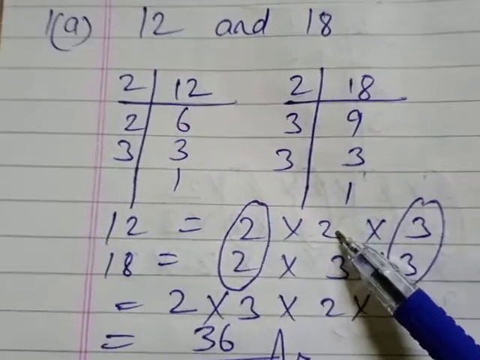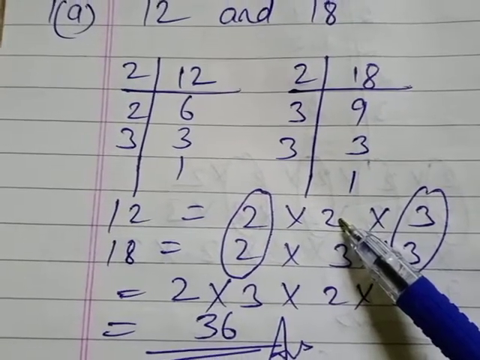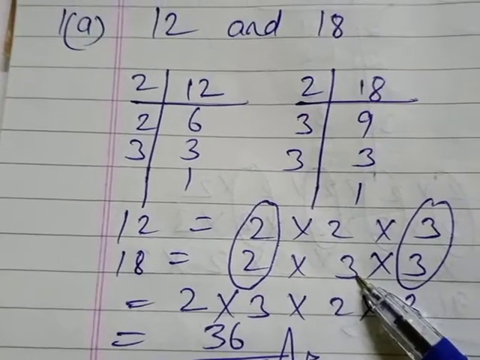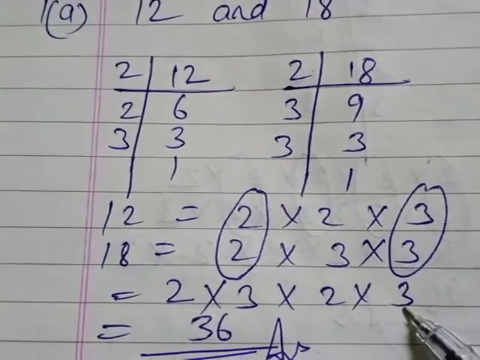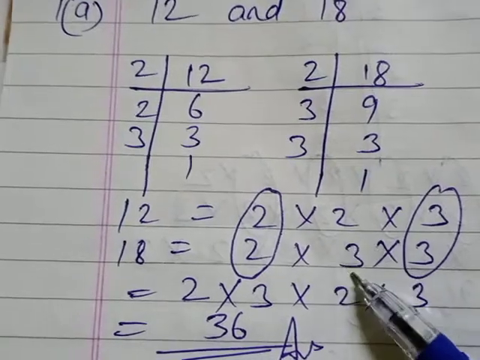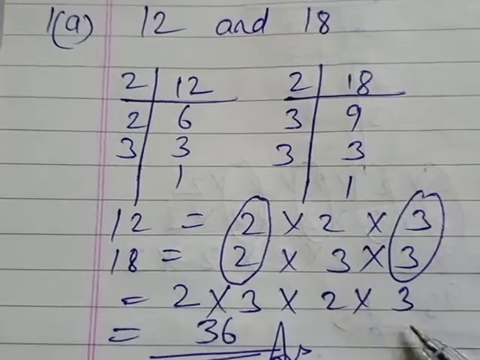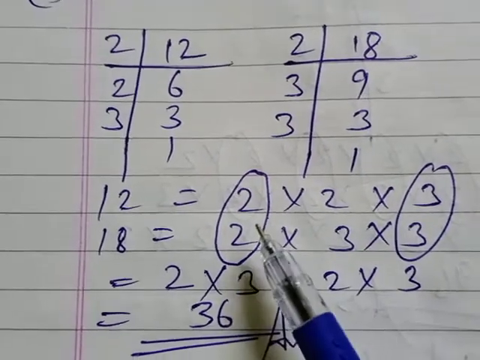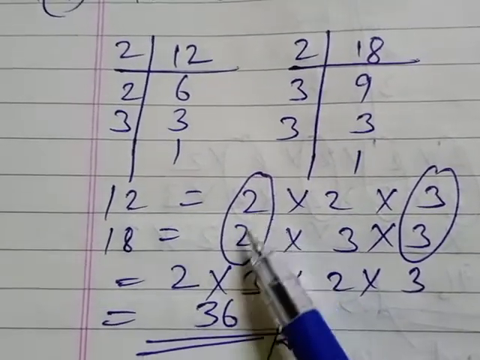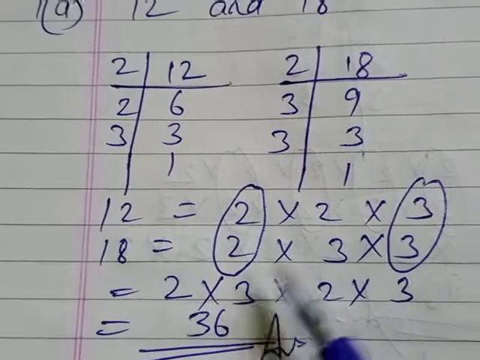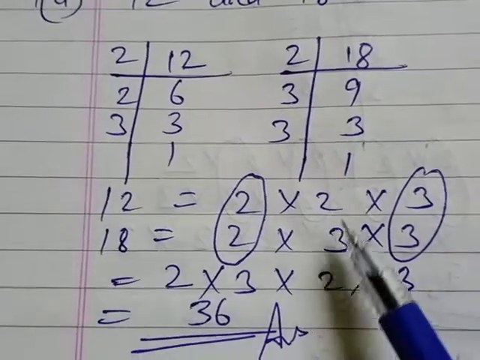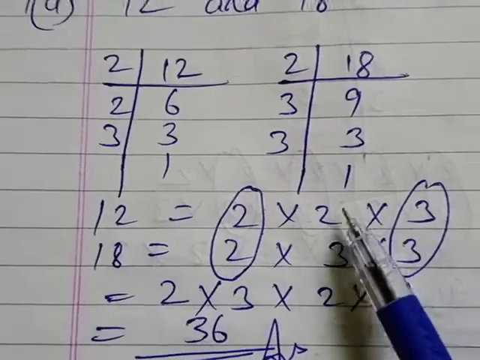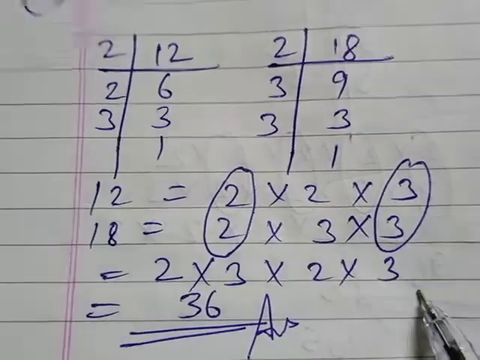This 2, I know it does not have any common factor with itself, but you will write it here, and this 3 also does not have any common factor, but it will be multiplied here. This is your new step in finding least common multiple. Got it now? Once again I'll repeat this, that first of all we will find the common factor, then whatever is remaining which does not have any pair with itself, that number also we will write separately.